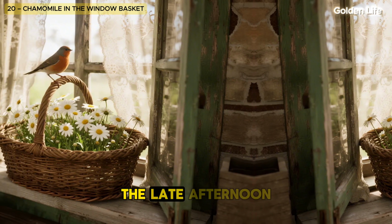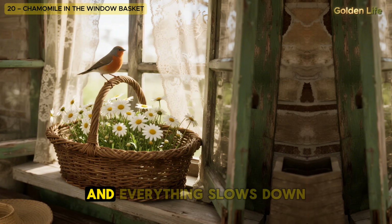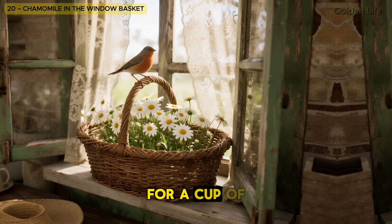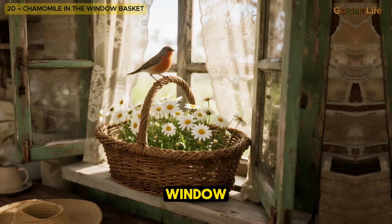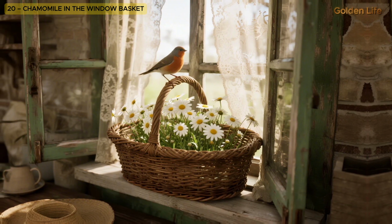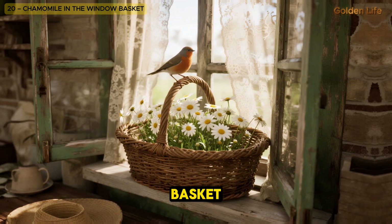There's a hush in the late afternoon, that tender hour when the light softens and everything slows down. It's the perfect time for a cup of tea, a quiet breath, and a glance toward the window. And in that space, blooming just beyond the glass, you might find chamomile, nestled in a simple basket, spilling over